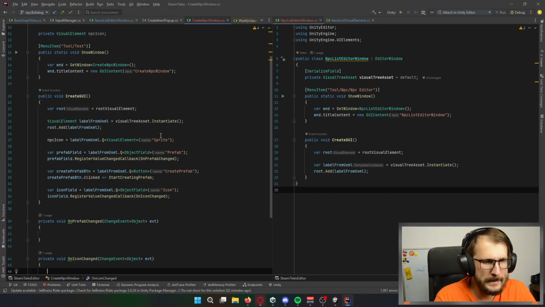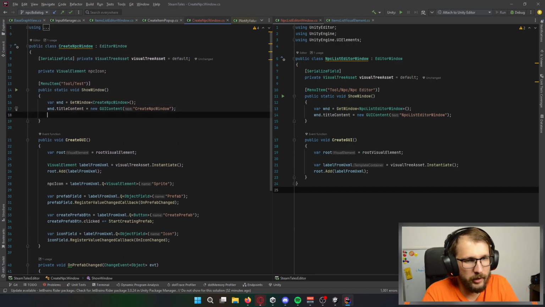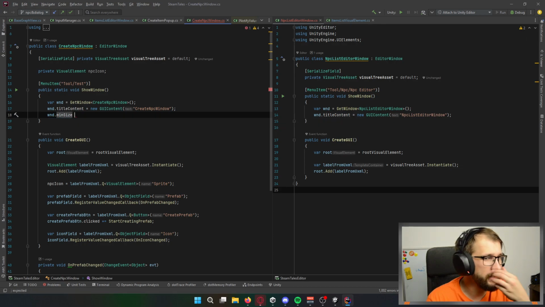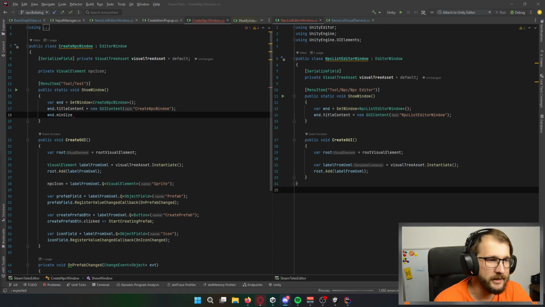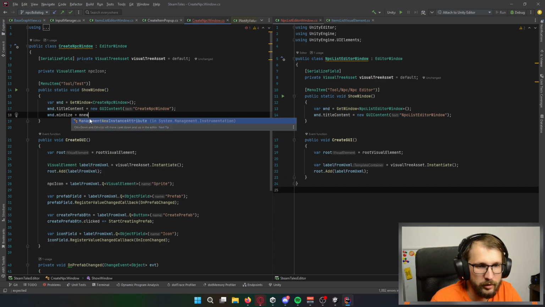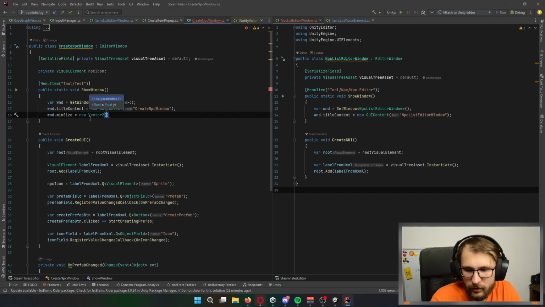If I remember correctly, I can go with window, and was it something like min size? Okay, so I've got my min size. So it will be new Vector2 because we have two parameters.